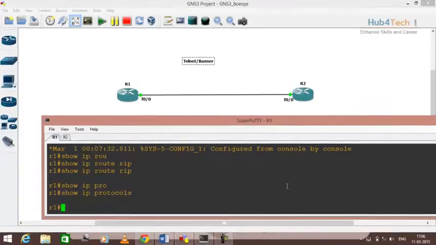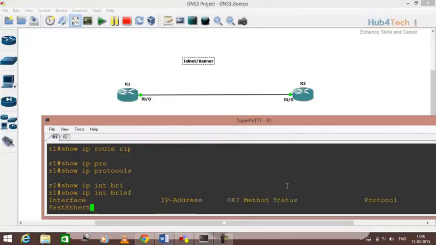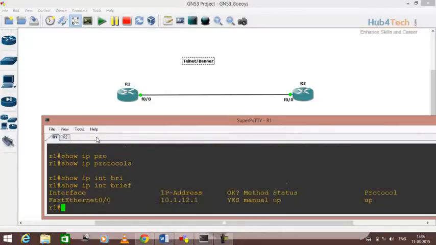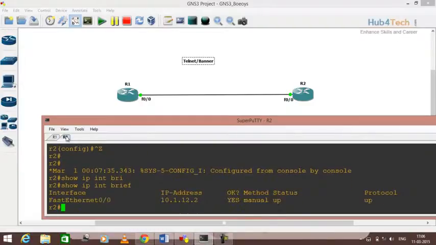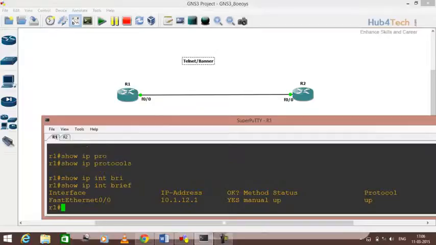Okay, in this practical, I'll cover the topic telnet and banner. On R1, I have just given the IP address 10.1.12.1, and on router R2, I'm giving the IP address 10.1.12.2. If on router R2 you want to remotely access the device R1, what you will do is